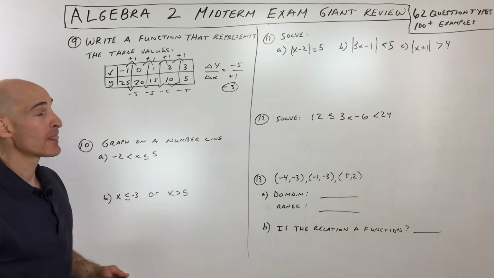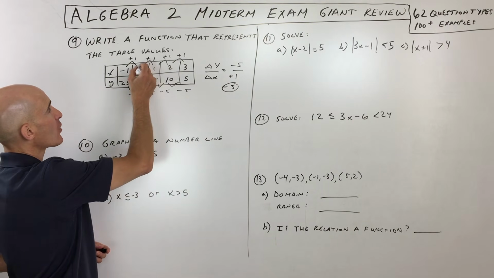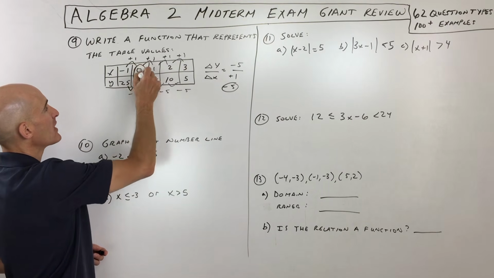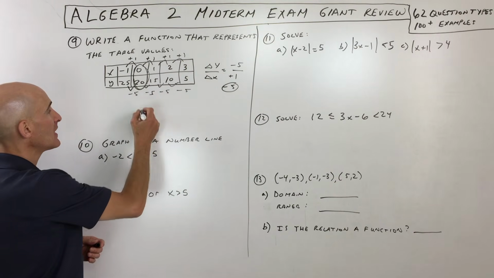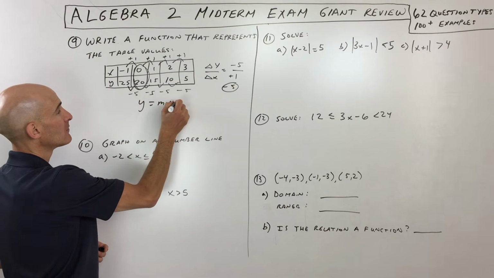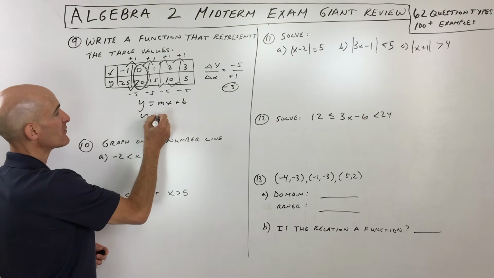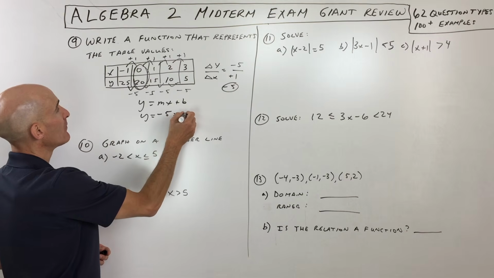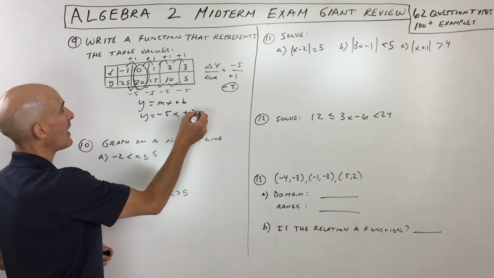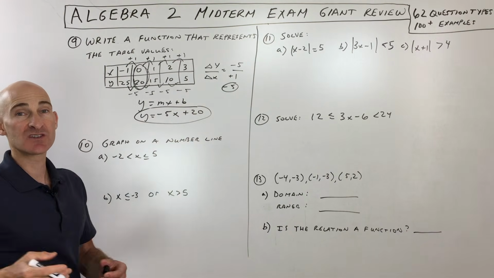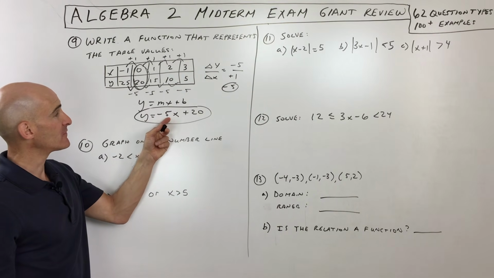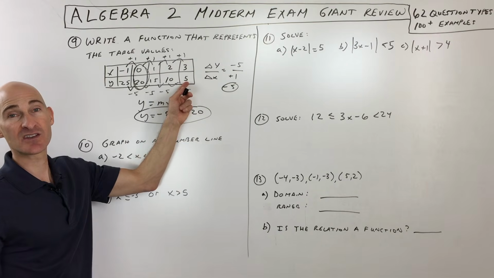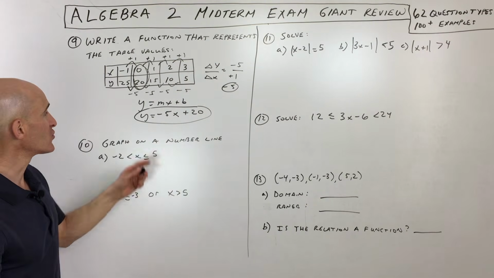So that's our slope. And our initial condition, or our y-intercept, is going to be this key point right here. When x is 0, that's the starting point. That's the b value in our slope-intercept form, y equals mx plus b. So in this case, we have a slope of -5, and the y-intercept is +20. The nice thing is you can check your answer. Say x is 3, that's -15 plus 20. Yep, that gives us an output of 5. So that's slope-intercept form again.